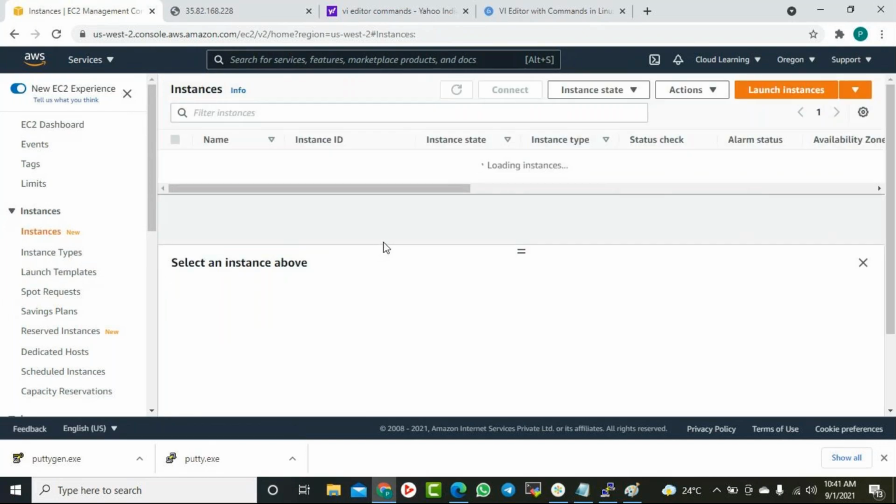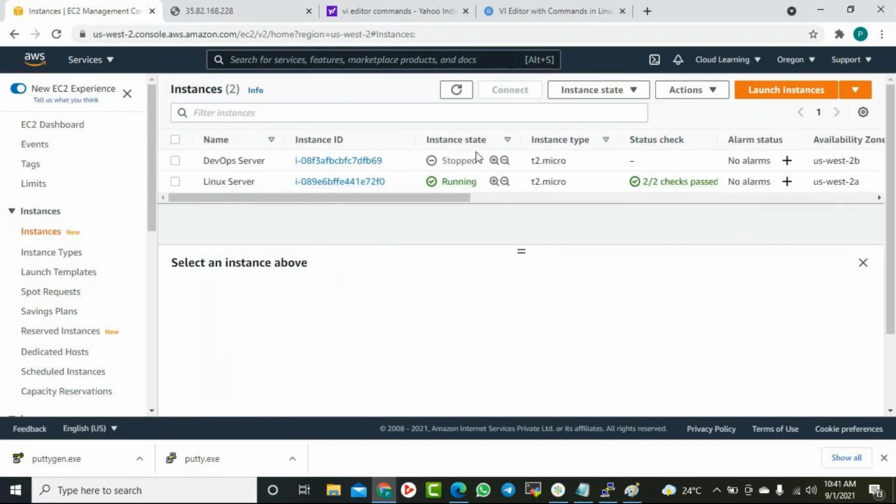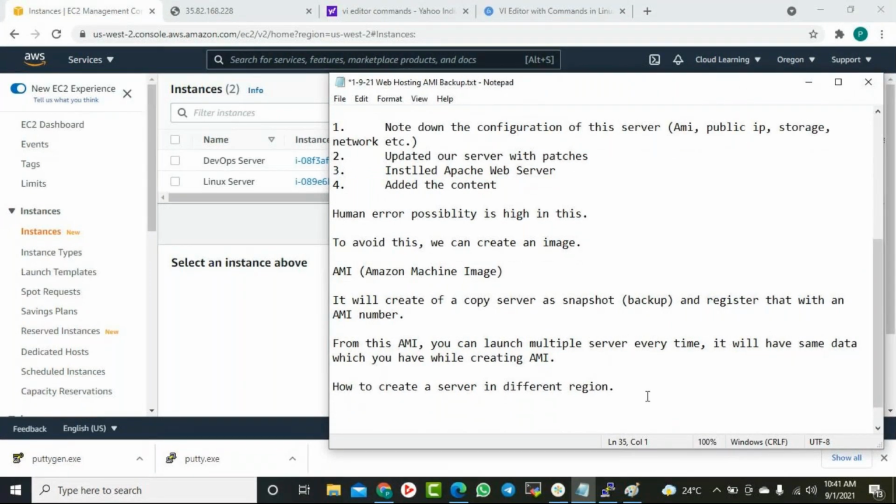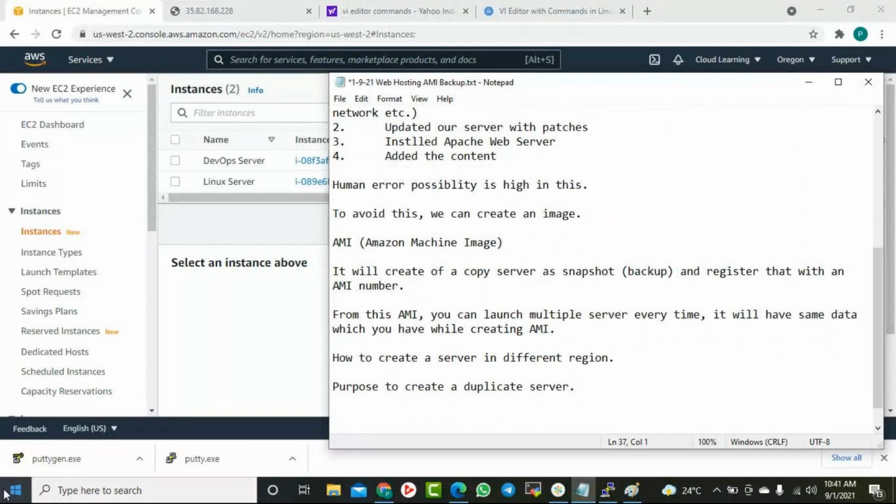Now, suppose I want, so what was the purpose actually? We need to do things purposefully, right? The purpose was to create a duplicate server. I have the AMI now and I need another server.